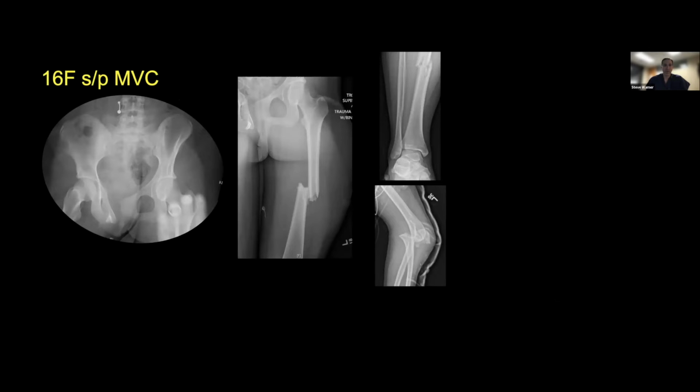So getting back to our 16-year-old female high-speed MVC, you can see here her injuries, including this unstable pelvic ring injury, open femur, contralateral open tibia, as well as the open elbow fracture dislocation. And other questions you may want to know with her polytrauma status is what other injuries she has. So she has a stable splenic laceration that did not require any exploratory laparotomy. She had a small but stable subdural hematoma, as well as a right pneumothorax that was treated with a chest tube. And her current lactate after initial resuscitation is 4, which is borderline for what some may consider for being able to proceed to the operating room for some sort of definitive treatment.